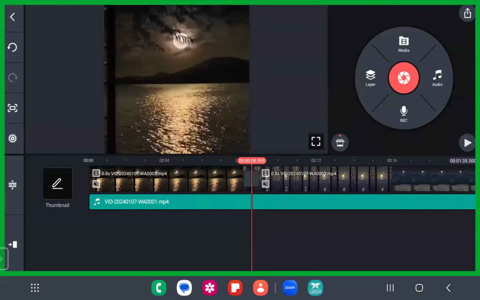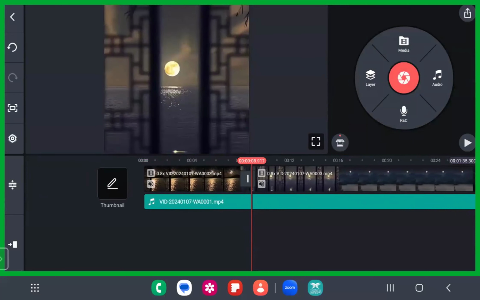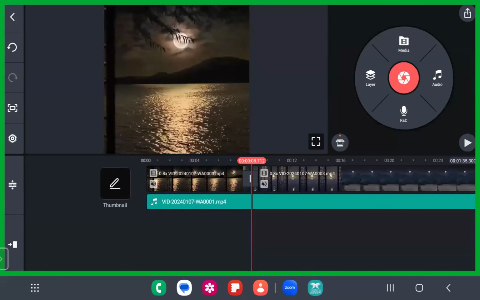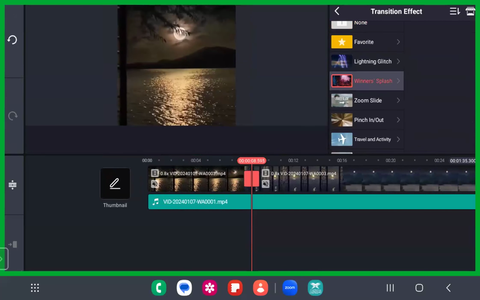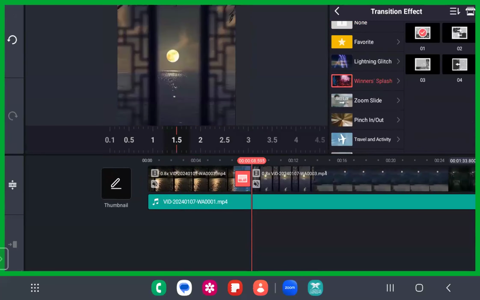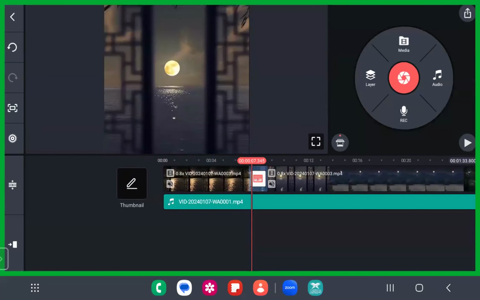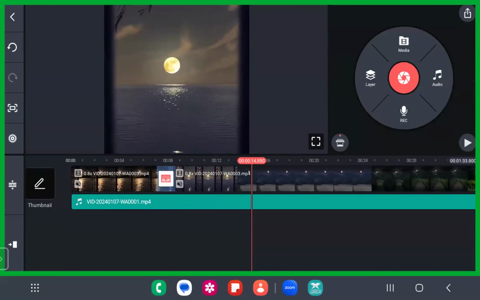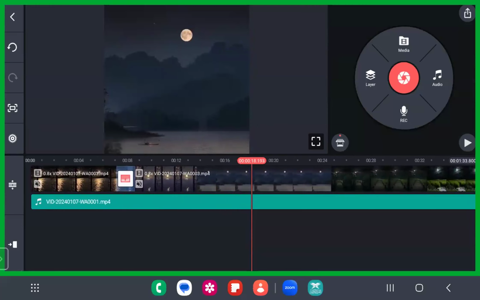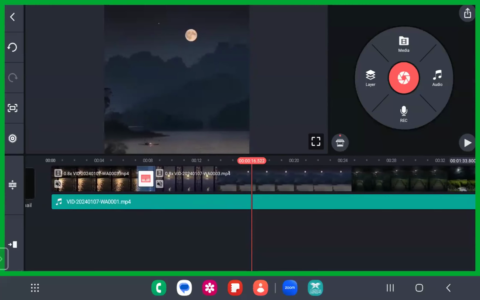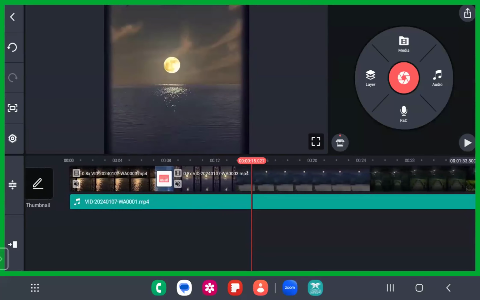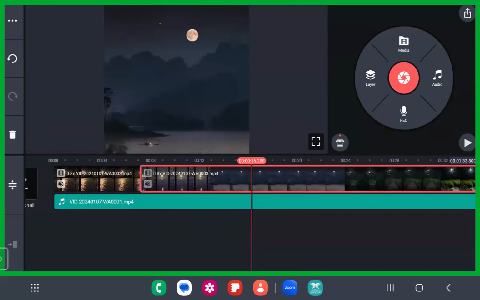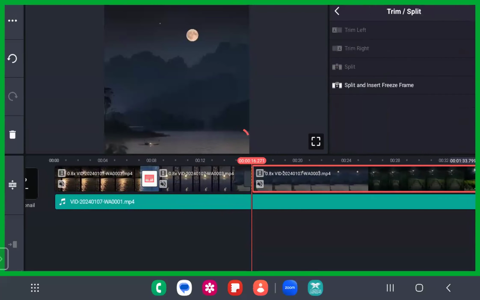You can split the screen here, because there are two different videos between this and this. Go to the duration of 7 or 8 seconds, split it there, click on this option and give some transitions so that this video looks effective. See, give some transitions there. Try it out, dear sisters and brothers, please. Try it out between each of the videos. Okay, you can give some transitions between each of these videos. Just stop it here, break it up, split it up, and give some transitions.